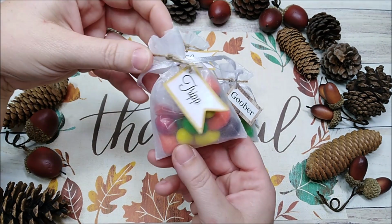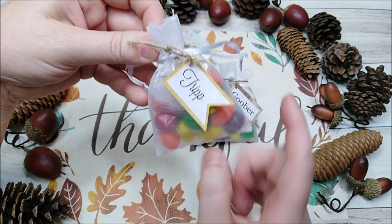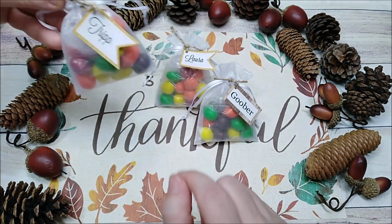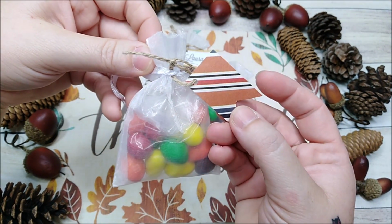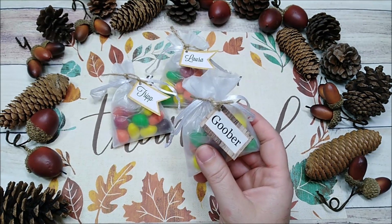But I just wanted to show y'all, this is so cute, and it's easy and simple, and you're using up scraps. Okay? So all this is just scraps that I printed off our name, and